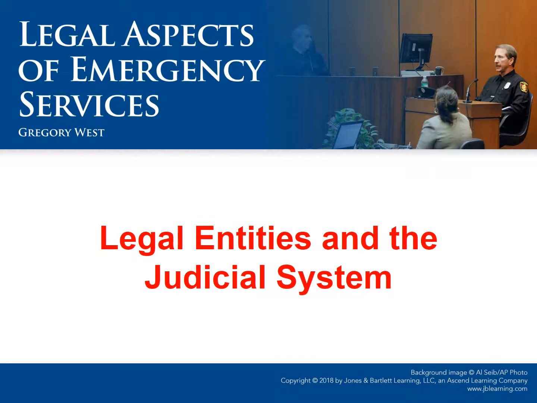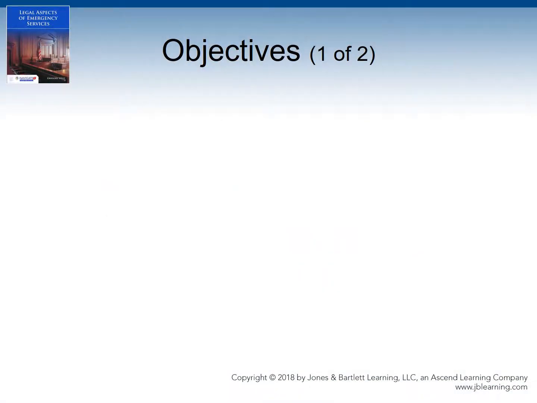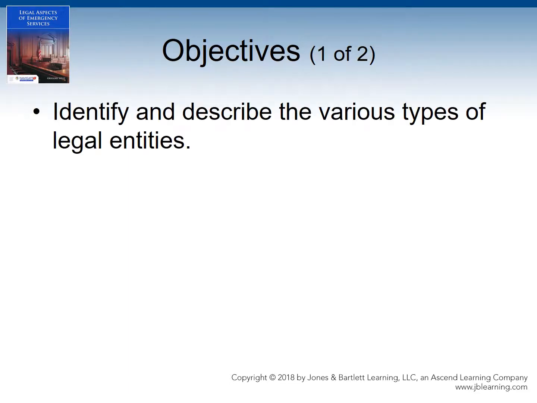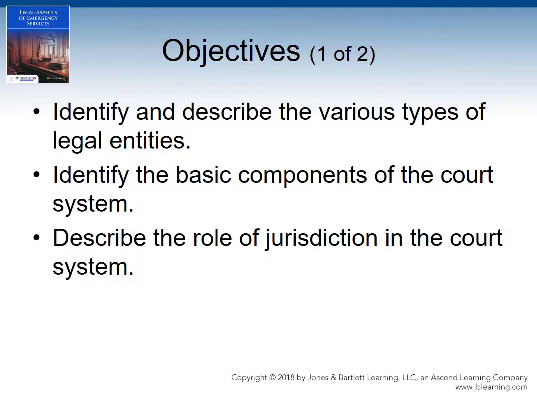Within Chapter 2, we will look at legal entities and delve deeper into the judicial system within the United States. Once completed with this module, you should be able to identify and describe the various types of legal entities recognized in law, identify the basic components of our court system, describe the role of jurisdiction in the court system, describe